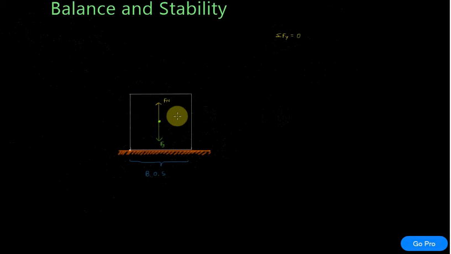So if we call this principle 1, then the second one would be the actual mass of the object. The heavier something is, the more inertia it typically has, and the more difficult it is to displace or to get into an unstable position. Then there is its height, or the height of the center of mass relative to the surface on which it stands. If this was higher, it'll be easier to displace, and I'll show you why that is the case in a second. And the last one is the distance